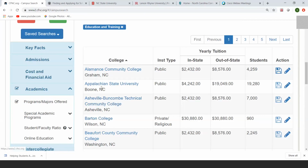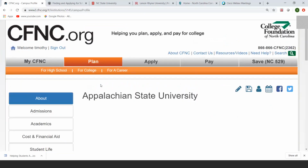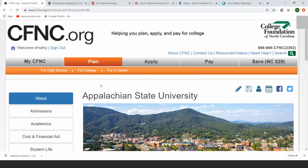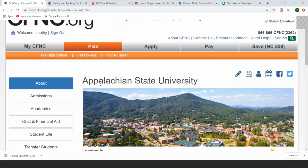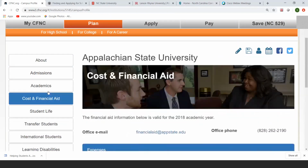I'm going to quickly click on Appalachian. From here, as soon as this page loads, there's a lot of information that's relevant for a student who's researching this specific institution. If a student is really interested in this school, they can apply from this page by clicking on this pencil icon. If a student wants to research admissions requirements, they can click on this Admissions tab and see what kind of SAT or ACT score or GPA they need to be admitted into ASU. The cost and financial aid, though, is what I want to talk about today. If I click on the financial aid piece,